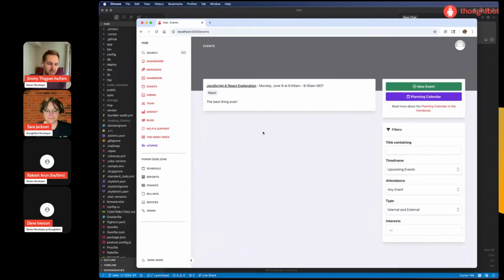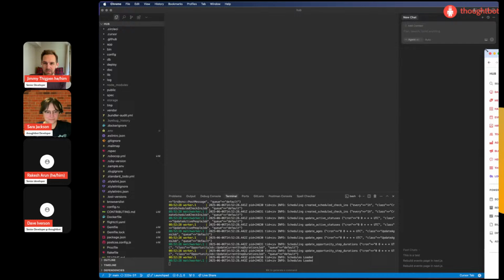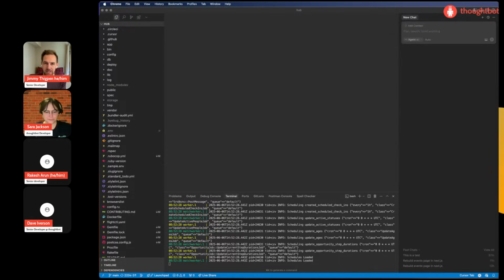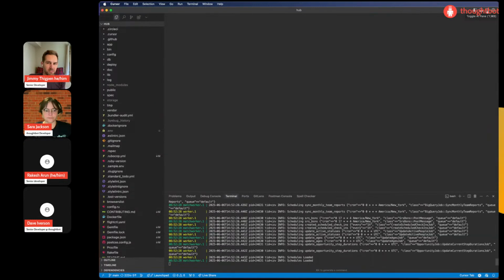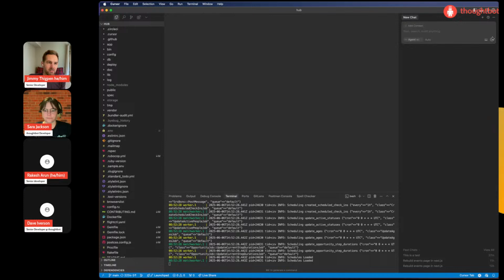That's Hub. Let me just move this over here, and I'll give you all a little overview of my setup. So I've got Cursor up and running. Cursor, if you're not familiar with Cursor, it's a fork of VS Code, like I was saying, with a bunch of AI functionality built in. So it's not just like VS Code with Copilot. You've got this chat sidebar and the ability to connect to a bunch of different models. They have different modes, so you can define